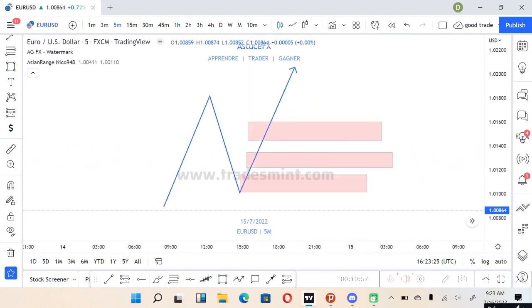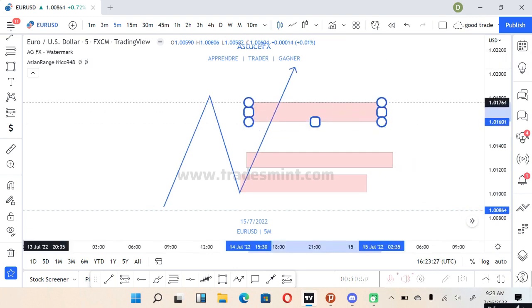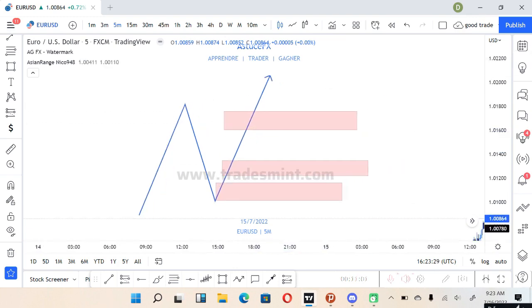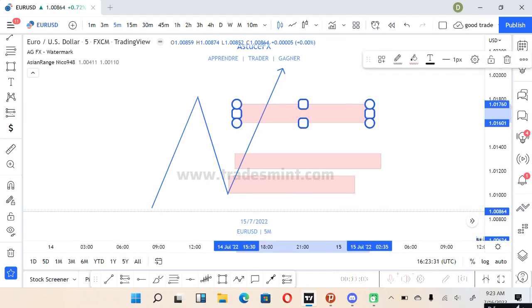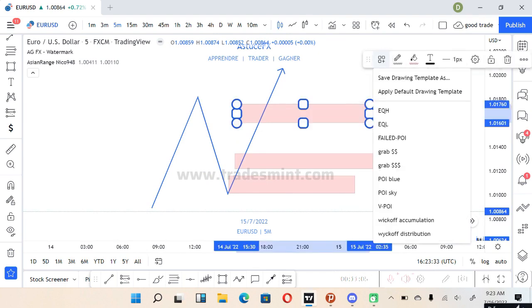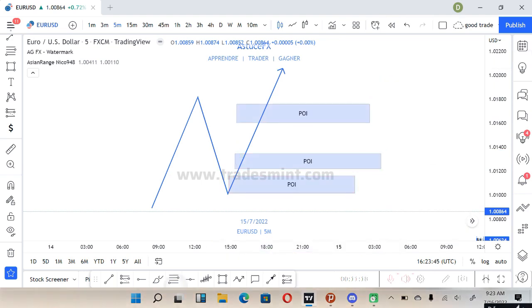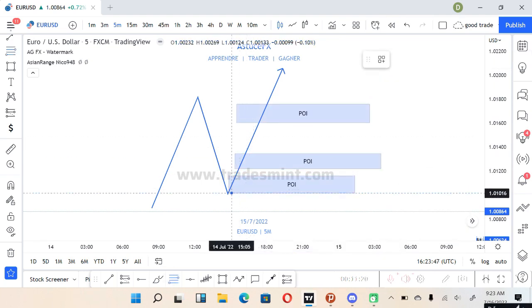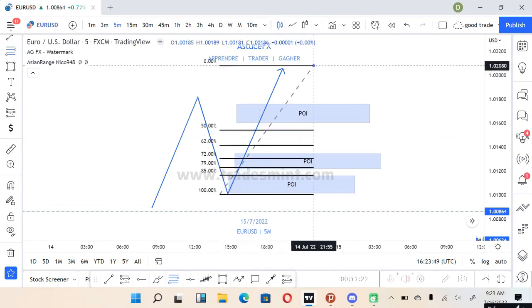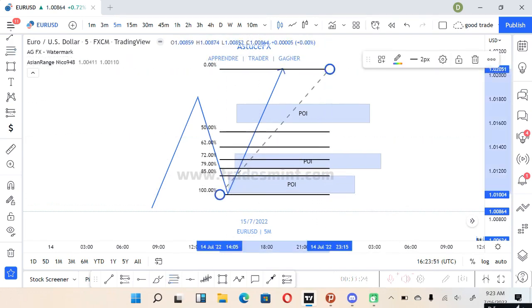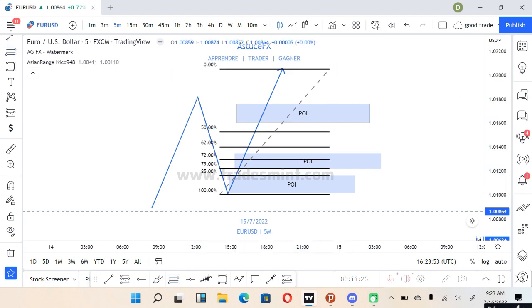When I have something like this, or let me try to bring this one a bit up. Let's say I have something like this. All these are POIs. I can still change them, put POI blue. Okay, I have my POIs or my order blocks. I take the fib tool from the swing low to the swing high. Once I take it like this, I can see that the first one is at, when we are at 100% of the fib tool,